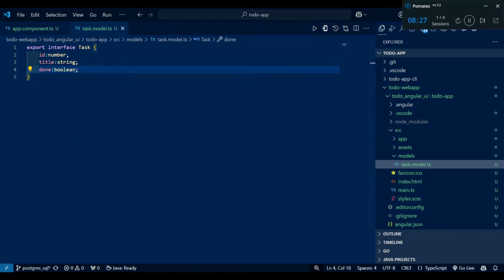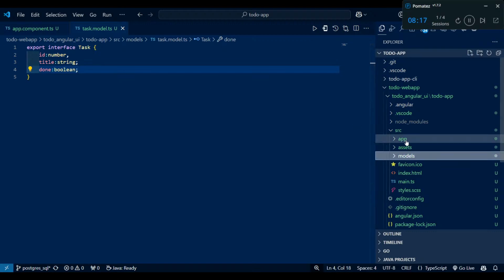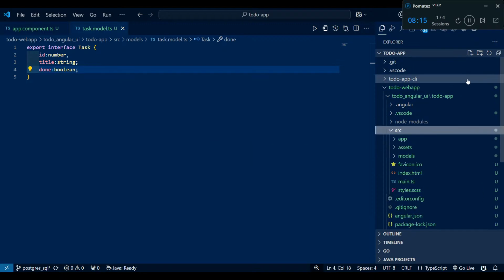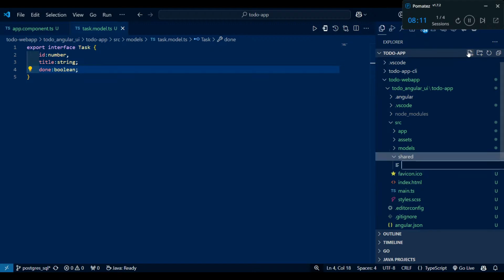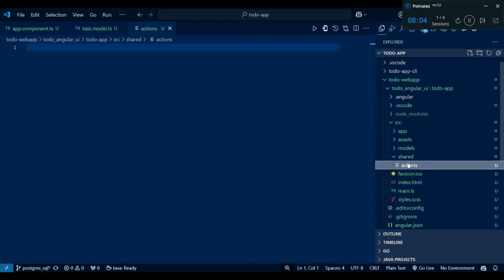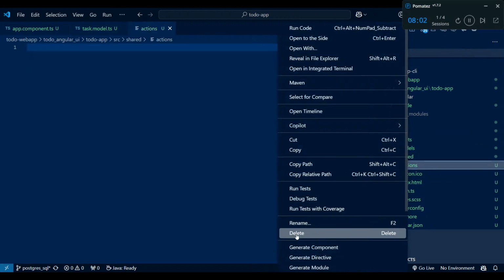Then afterwards, actions we need to define. So what we can do here is create one more folder, which is called the shared folder, and inside the shared folder we will use the action folder. Not a file,